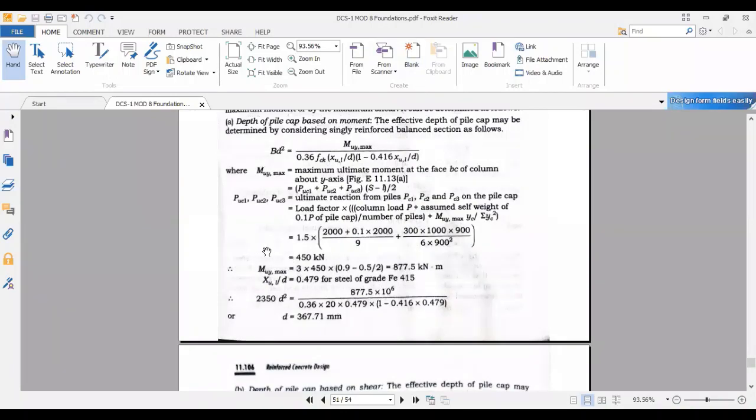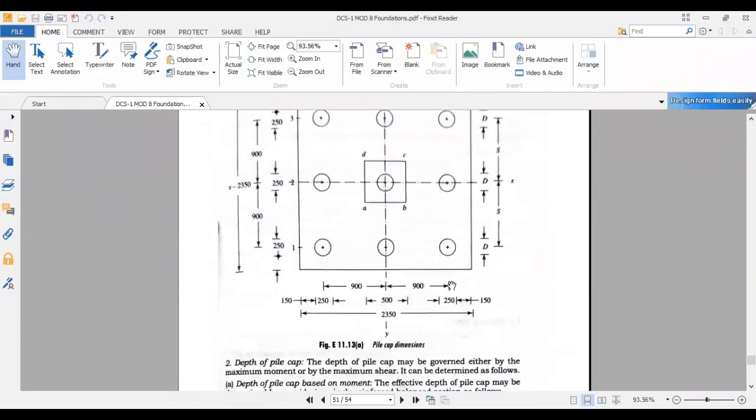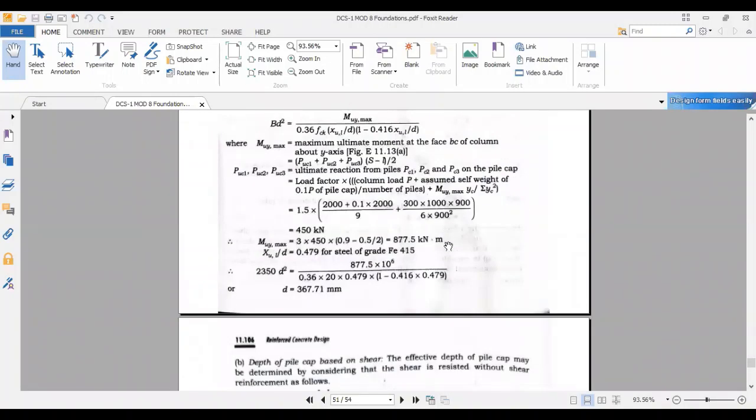तो ये एक के लिए आया था क्योंकि हमारे पास 3 कॉलम्स हैं जहां पे पाइल्स एक्ट कर रही हैं, तो इसलिए 3 टाइम्स ऑफ 450 मल्टीप्लाइड बाय 0.9 माइनस 0.5 बाय 2. ये यहाँ से 0.9 में से अगर हम ये 0.5 एरिया माइनस कर देंगे तो ये वाला एरिया मिल जाता है, ये वाला जो लेंथ है ये मिल जाती है. तो यहाँ पे पता चल जाएगा कितना मोमेंट एक्ट कर रहा है.